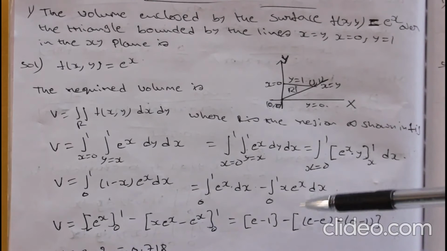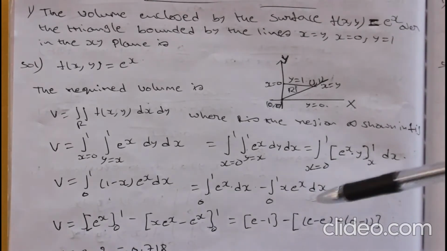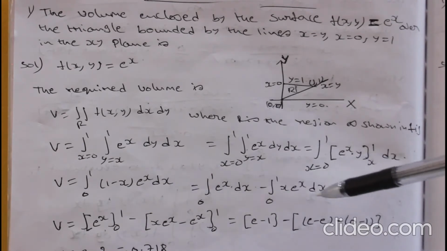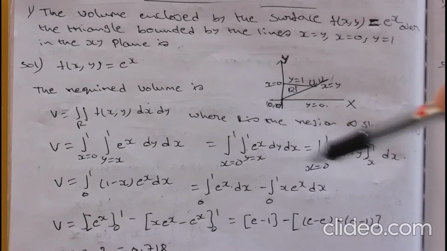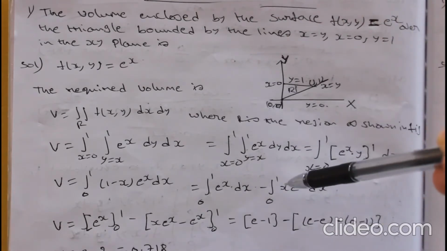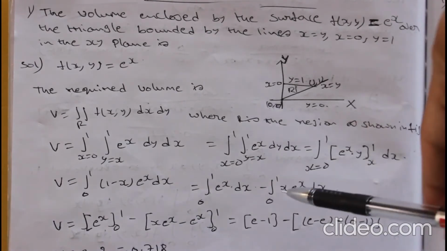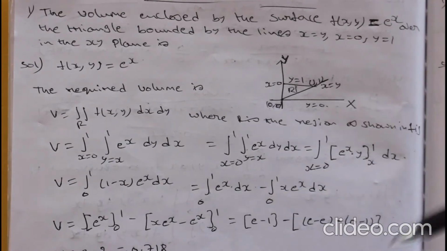And look at this, integral of x e power x. Okay, x e power x is in the form of u dv dx. So take this as u dv. So integral of dv is equal to integral of e power x, so v is equal to integral of e power x, which is nothing but e power x only. So integral of u dv is equal to, I hope you remember the formula. I have given this formula in my complete notes on calculus. That's why I always told you to first go through the notes clearly and carefully, and understand and remember all those formulas. Those will be helpful while solving the questions. So first you have to read those notes. So integral of u dv is equal to uv minus integral of v du.